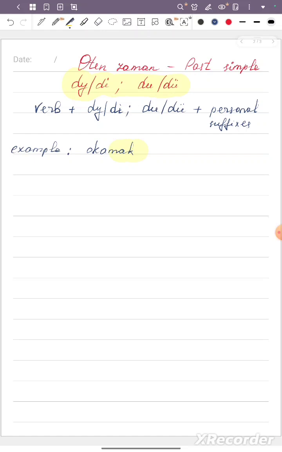So what we need to do, we just remove mak, and now we can add the suffixes di, do. Let's write men, it's I. Then the verb oku. Oku is an imperative. If we say oku, that means we want somebody to study or to read. It's like giving an order or a command. So oku, then we need to choose one of the suffixes